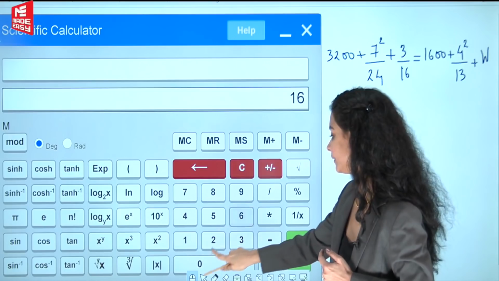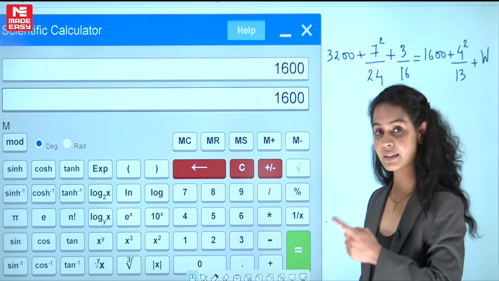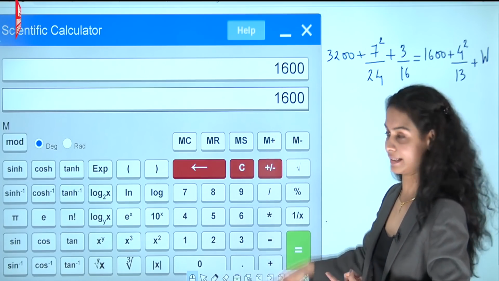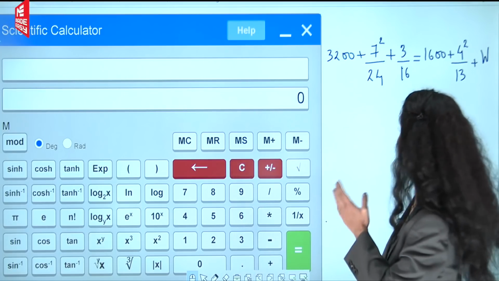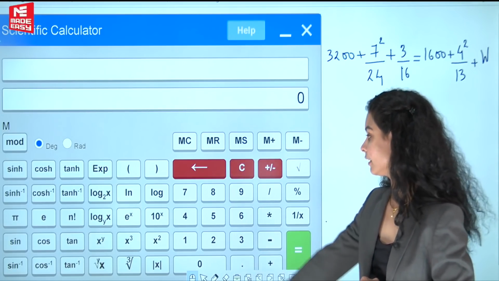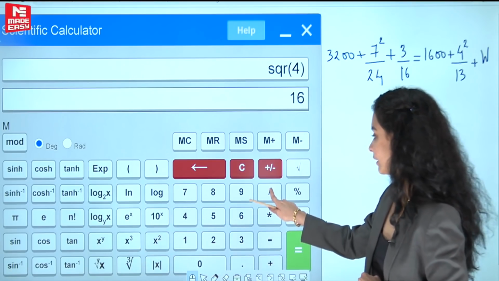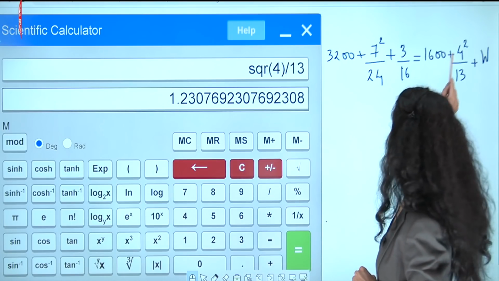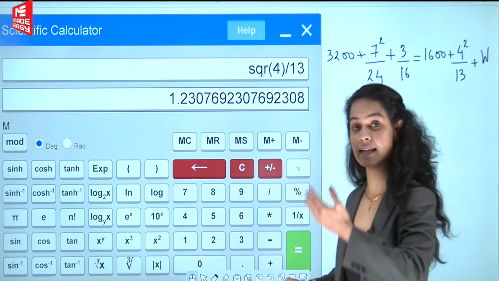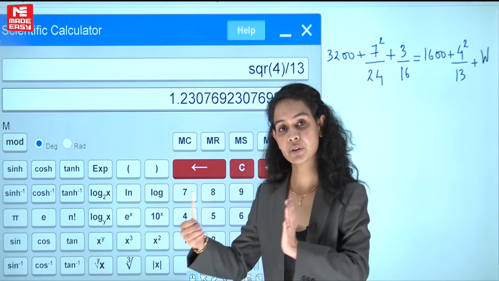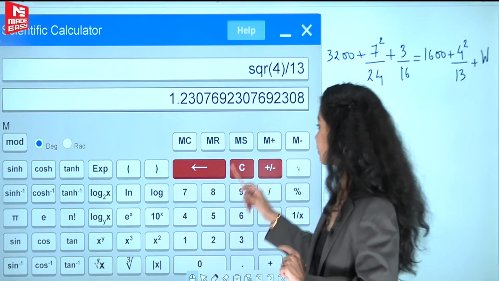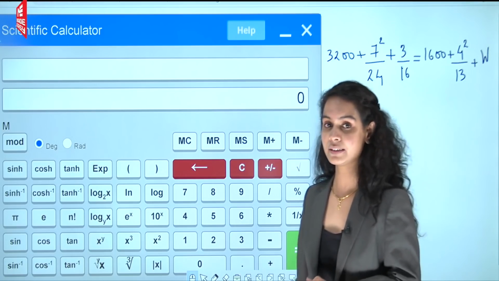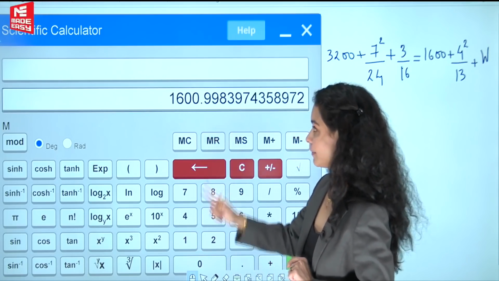1600, you press 1600, press equal to. Now since it was on the other side, you are bringing it into this side. Changing the sign, you will be using M minus and then press C. Similarly, for 4 square divided by 13, press 4 X square divided by 13. Press equal to, you are getting the value of this particular term. Again, this was on the other side of the equal to sign. When you bring it onto this side, the sign will change. So you will have to use the M minus button. Press M minus, press C. All the values are stored into the computer's memory. All you need to do is press MR.